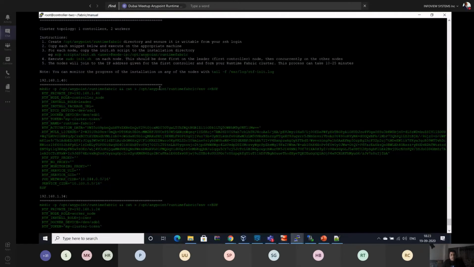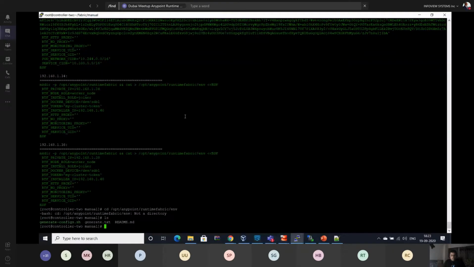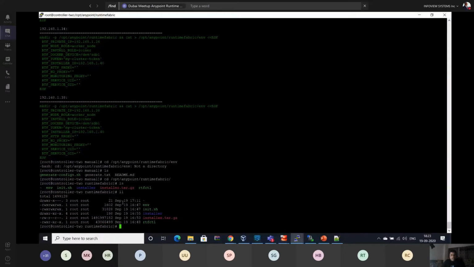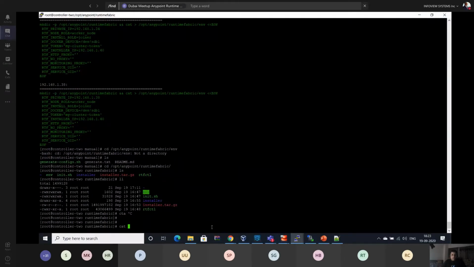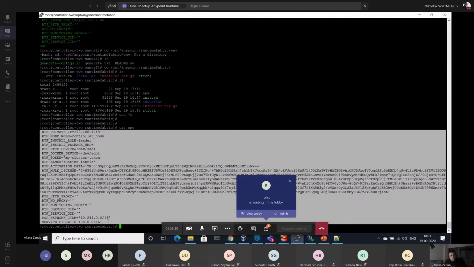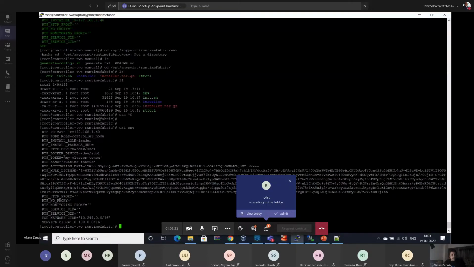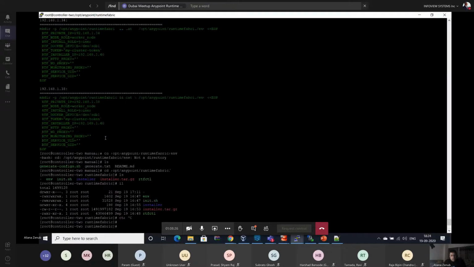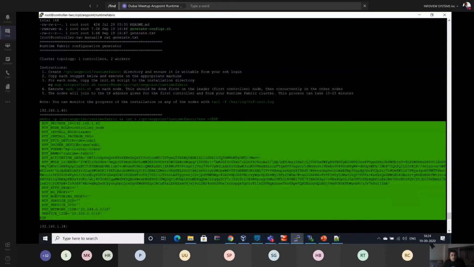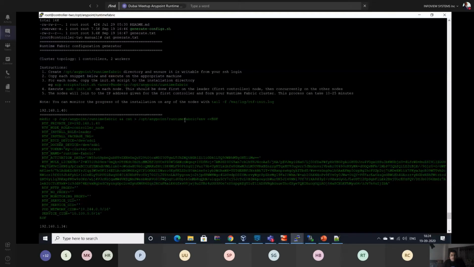Then I have to go to this location, and in this location you will find only an env file. That env file is created by the scripts, and it configures all the environment variables which we require to install Runtime Fabric and create this one as a controller. You can see the scripts executing, creating the env and preparing all the properties which are required for Runtime Fabric.